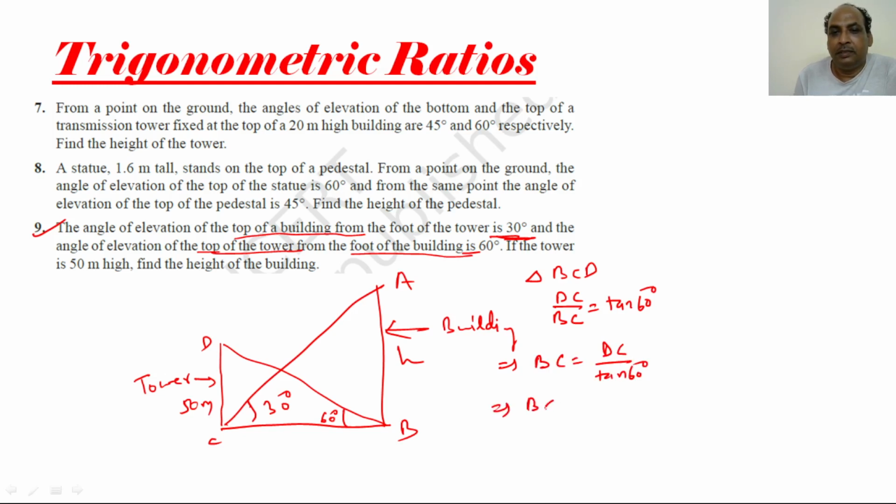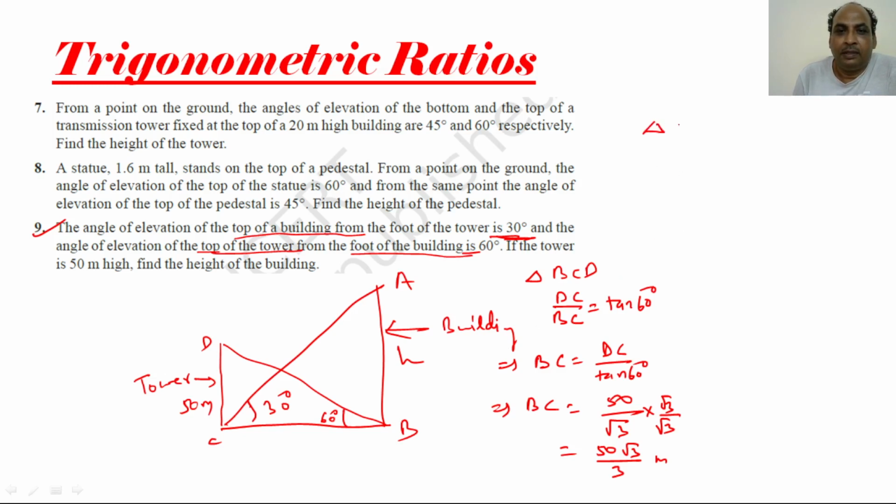So BC is equal to DC, which is 50 meter already given, and tan 60 degree is √3. Rationalize it, so it will become 50 √3 divided by 3 meter. Okay, so BC we have already found, and now as we need to find the height of the building,